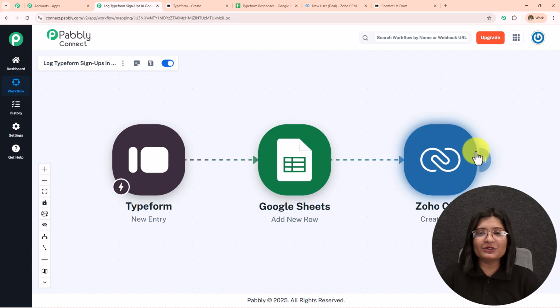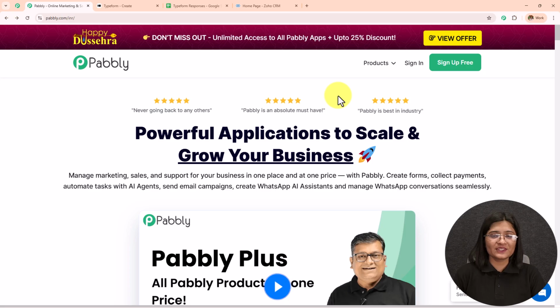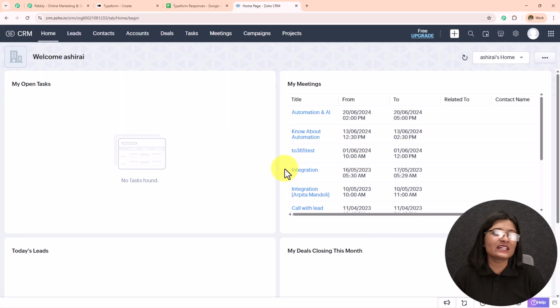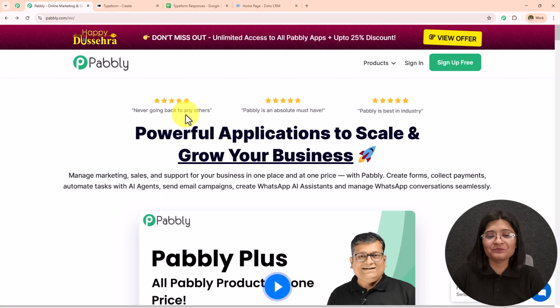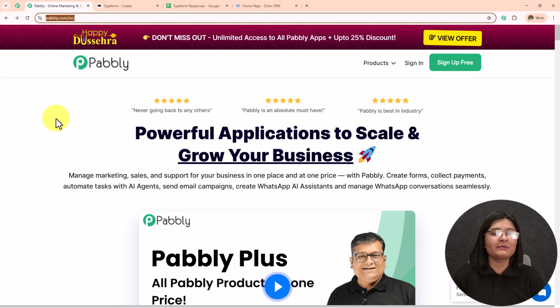Now if you also want to learn the step-by-step process, then let's start creating this from the beginning. So here in this video, we are going to see how we can log the details which we have captured from Typeform to a Google Sheet spreadsheet and then create a deal in my Zoho CRM for the follow-ups. And for this, we are simply going to create integration between the Zoho CRM, Google Sheets and Typeform using Pabbly Connect. So this is the landing page of Pabbly, and you can visit this simply by typing pabbly.com in your